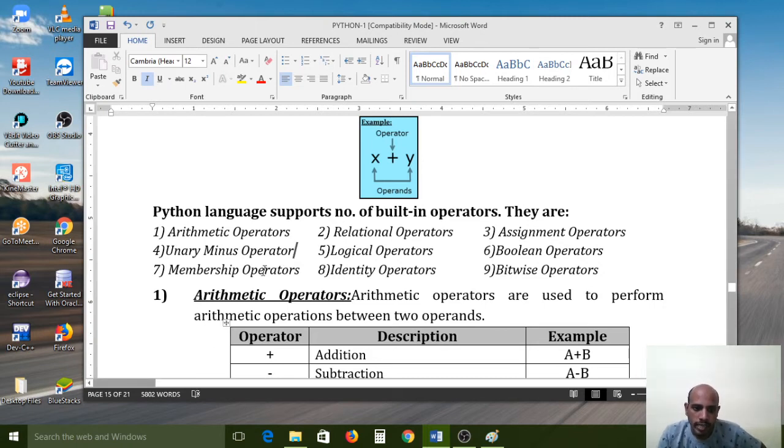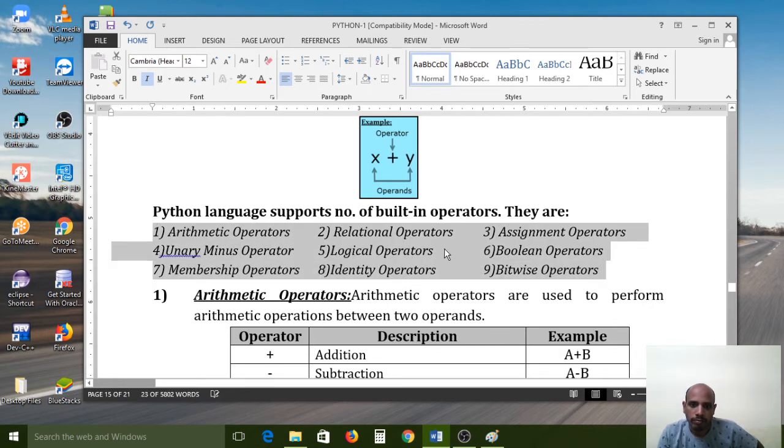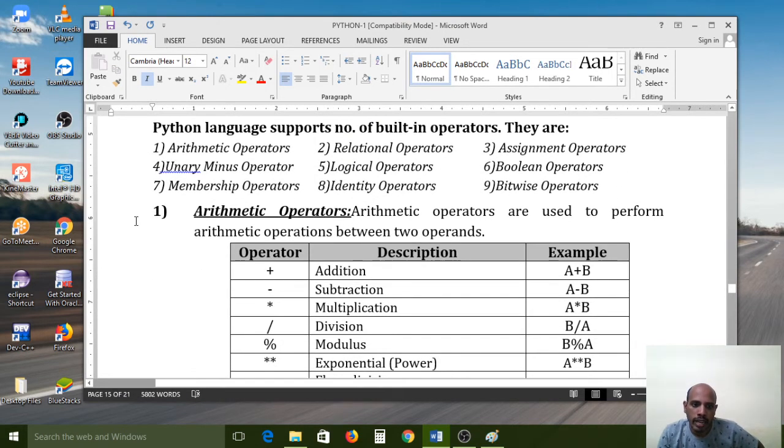Fifth, logical operators; sixth, boolean operators; seventh, membership operators; eighth, identity operators; ninth, bitwise operators. Here I have given a few important examples. Each and every operator we have to know here.